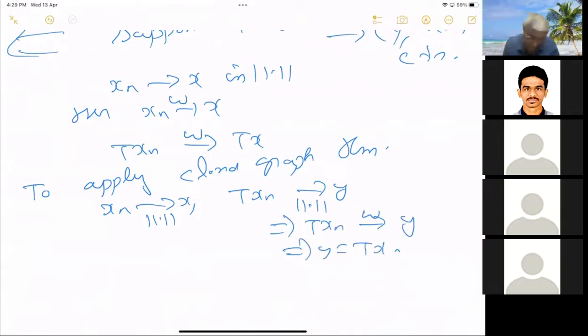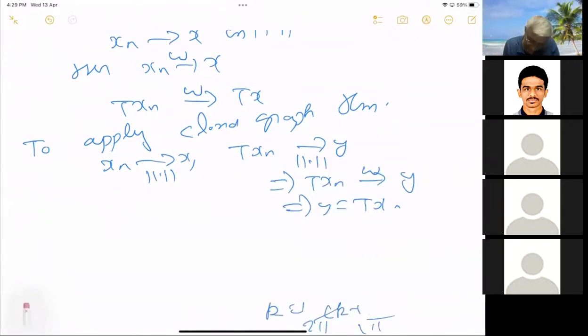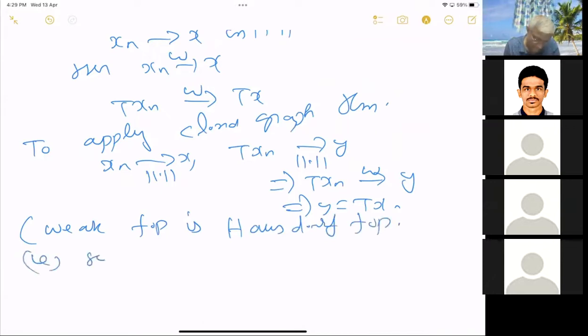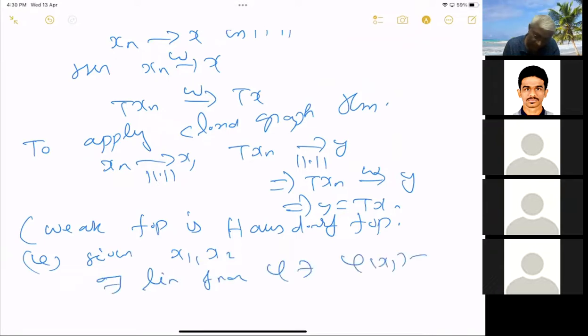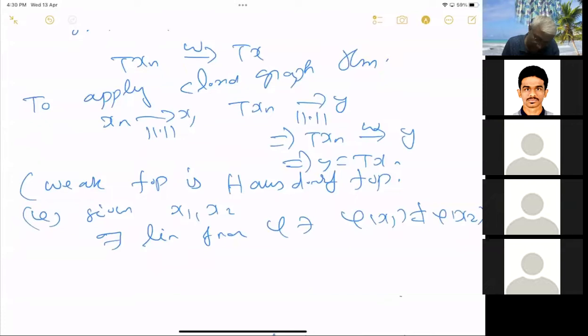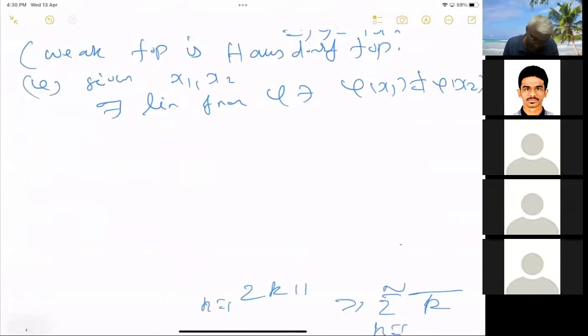See the weak topology, maybe I didn't say that, I will write it here. The weak topology is a Hausdorff topology. You know what a Hausdorff topology is? That is, the limit is unique. That is, given x1, x2, there exists a linear functional phi such that phi of x1 is not equal to phi of x2. This implies, if you use the neighborhood, the way I have defined the neighborhood,